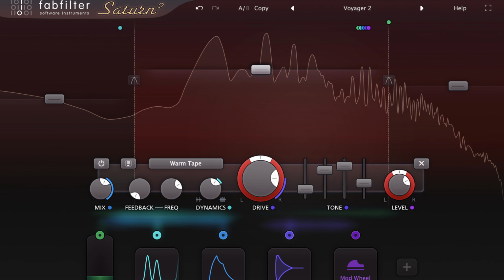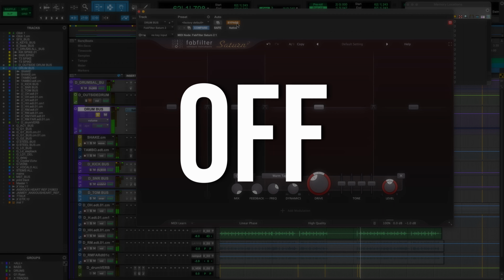So my Desert Island plugin for drums is, drum roll please, FabFilter Saturn 2. I love this thing. It's such a beast, but wait, isn't this a distortion plugin? Yes, it definitely is. Saturn is a multi-band distortion plugin that can take drums from sounding like this